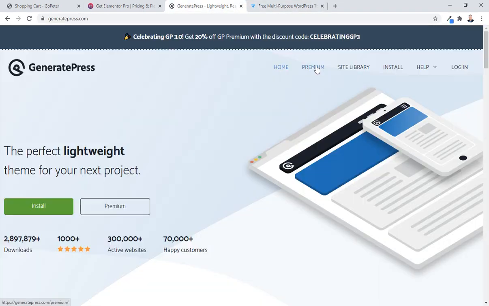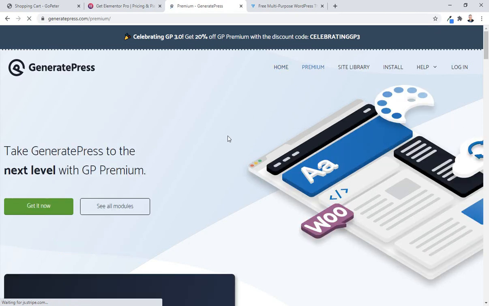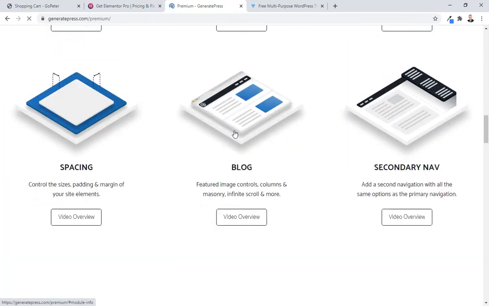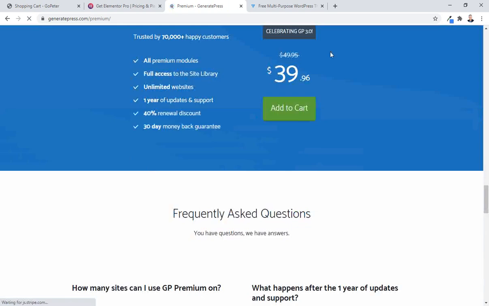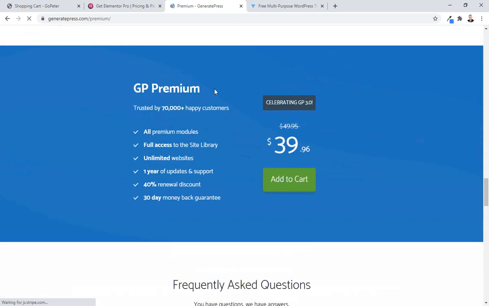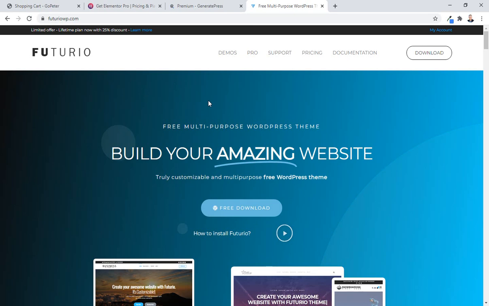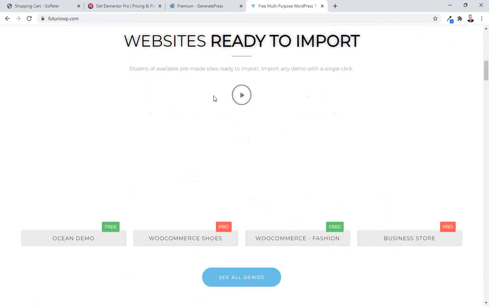And we also have, oh yeah, what does that cost? Go to premium. I think that's $40. That loads, go down, and there we go. That's $40 for GeneratePress. Then we've also got Futura Pro, which is the nice thing about Futura Pro is, let